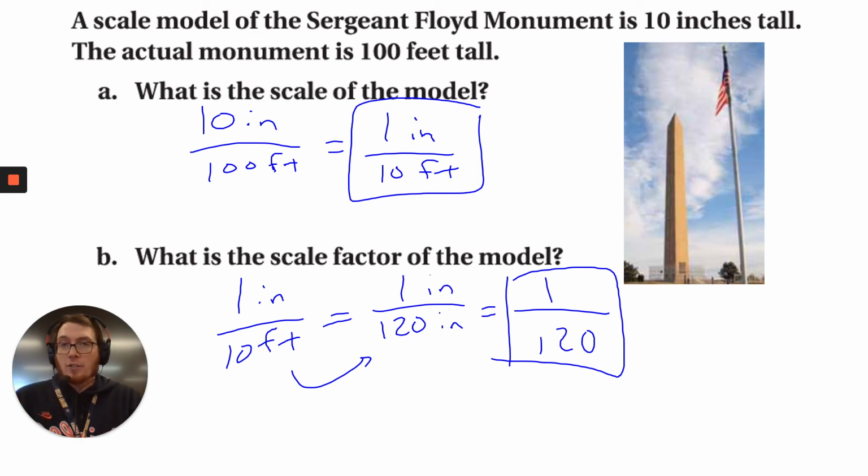The scale factor, though, has to have the units be the same. So if I have 1 inch to 10 feet, I need to change the 10 feet into inches by multiplying by 12 for the 12 inches in 1 foot, and then I get 1 inch for every 120 inches. Essentially what happens here is, you know how you can cancel numbers out from division? You can also cancel the labeling or the units out. So the inches cancel, and this is a 1 over 120, which means that the model is 1/120th the